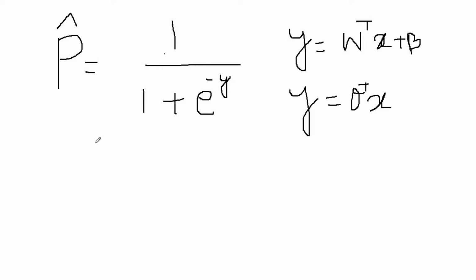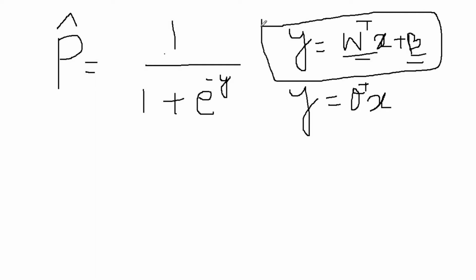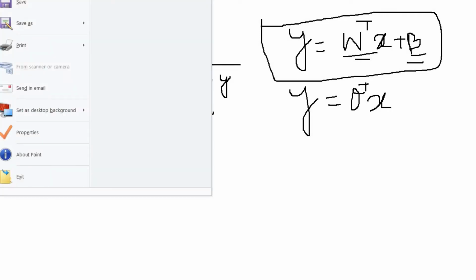So the objective of training the model is to find these weights and bias in such a way that the probability value for positive instances, that is class 1, will be higher, and for negative instances the predicted probability will be lower. That is our objective, right? We have to find these weights and biases in such a way that this equation satisfies the model. Correct? Now let us look at the linear regression cost function, which we'll see why it cannot be used.